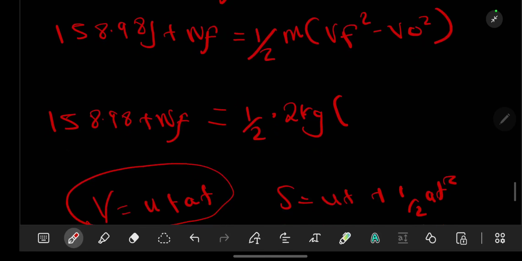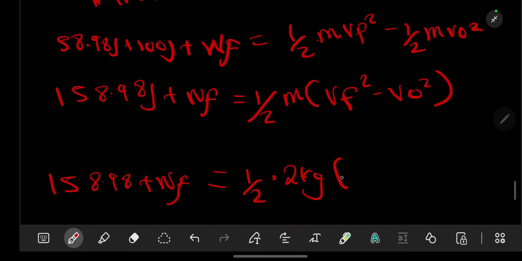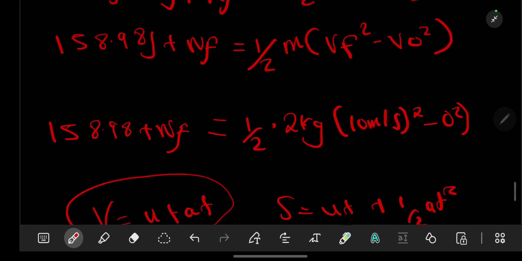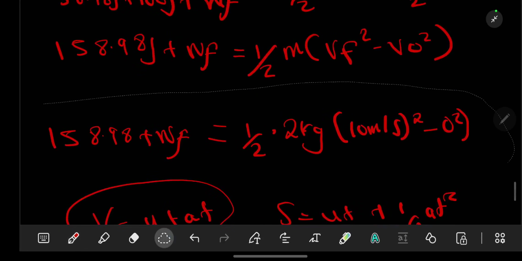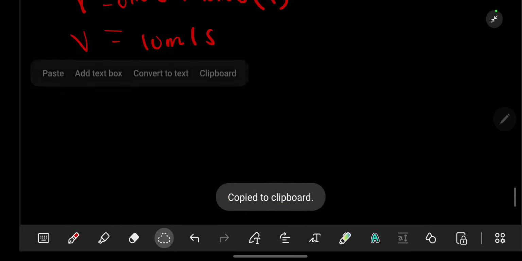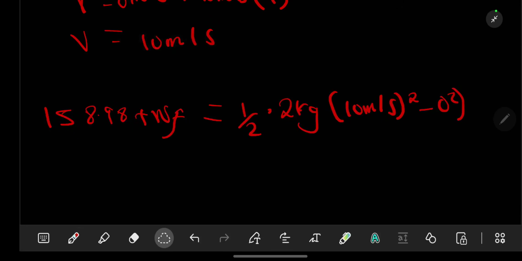So taking that into account, we are going to put our final velocity, which is 10 meters per second. Then we square this, then we have minus the initial, which is 0 squared, like that. So this gives us a value that is equivalent to... we are going to have